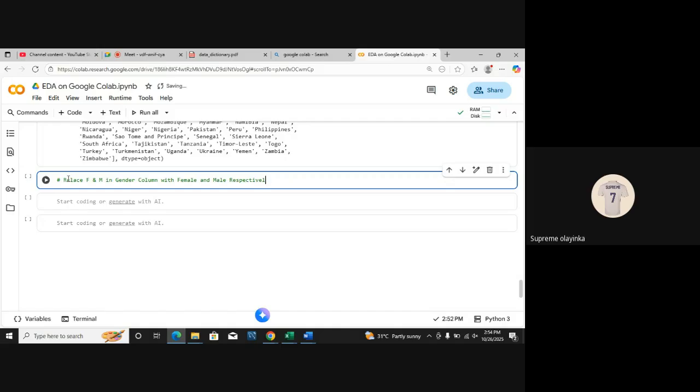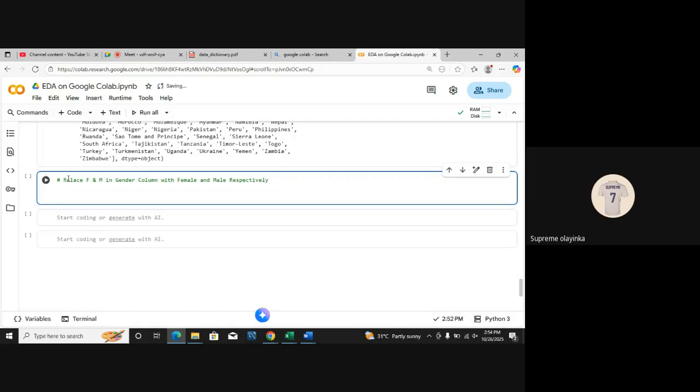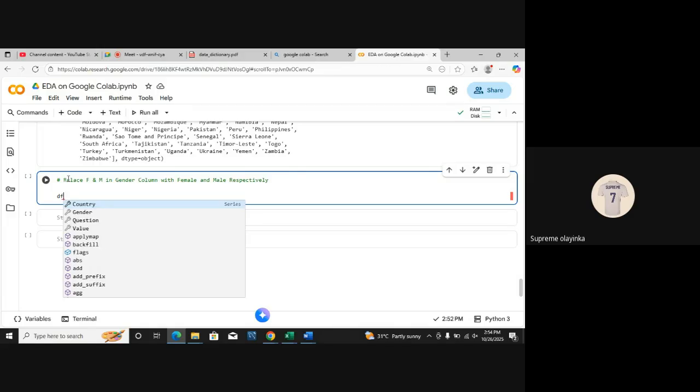Okay, let me try that one. We've actually done this before. So we do df dot replace. Sorry, I have to call the name first. What column are we trying to replace? That would be gender, right?